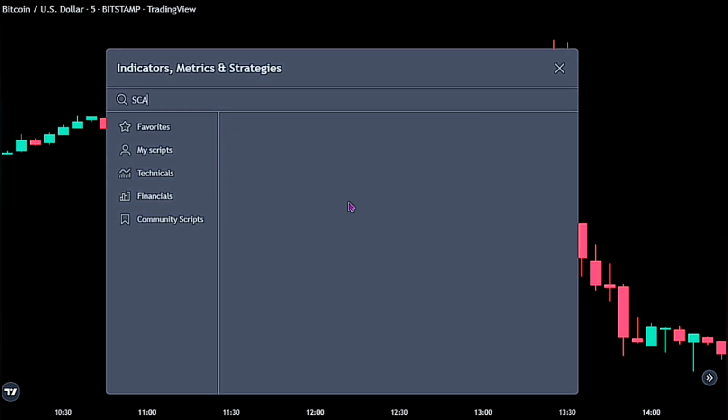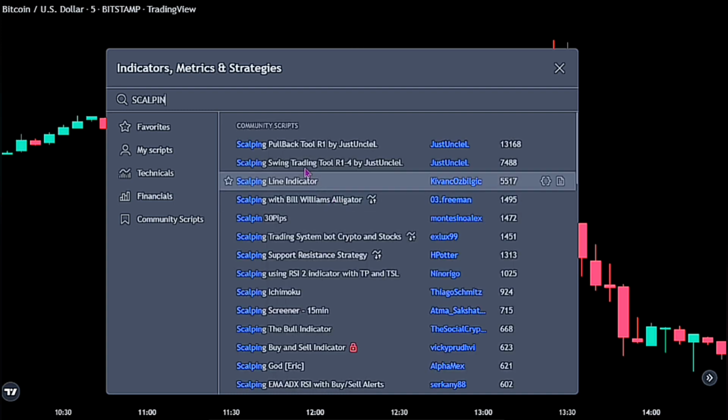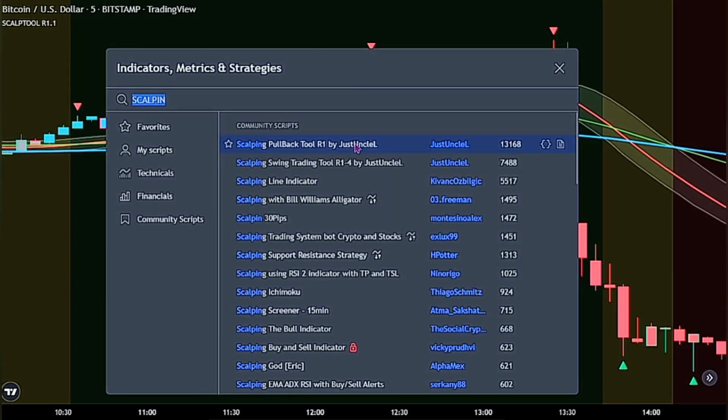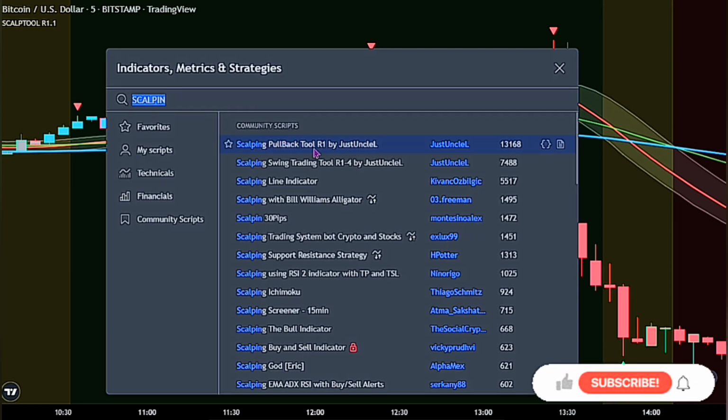So for the first indicator, we have the scalping pullback tool by Just Uncle L. This study project is a scalping pullback trading tool that incorporates the majority of the indicators needed to analyze and scalp trends for pullbacks and reversals on 1 minute, 5 minutes and 15 minutes chart. The setup utilizes Heiken Ashi candle chart, so we will be using this indicator to identify the overall general trend